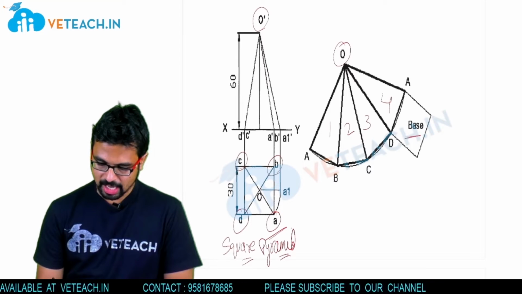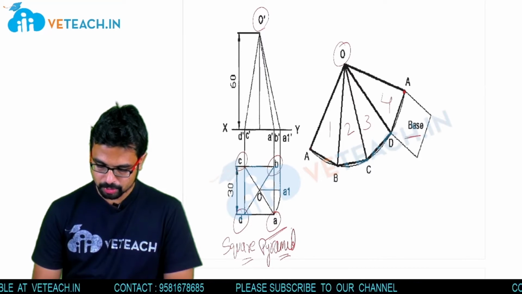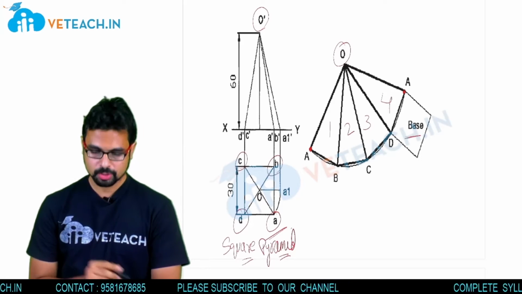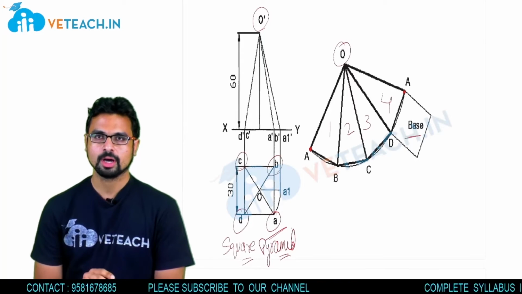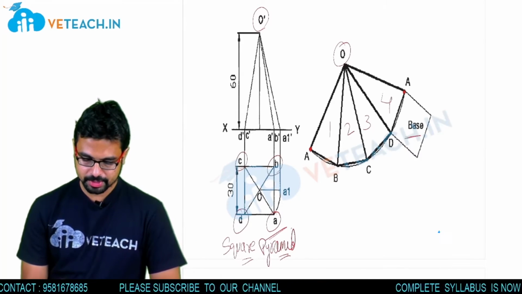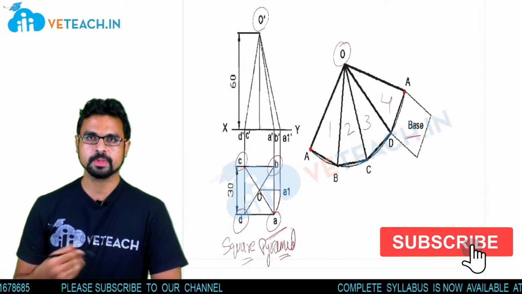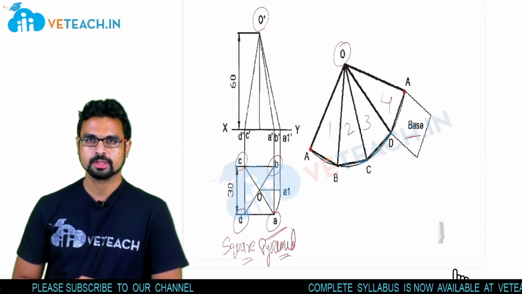So here this is the last point which I am going to obtain after the development of surfaces. Clear? So here we have a procedure for how we are going to draw this type of lateral surfaces of different solids. In the next part, I will explain in terms of examples.